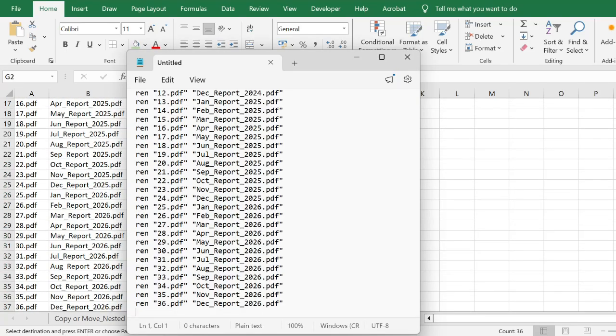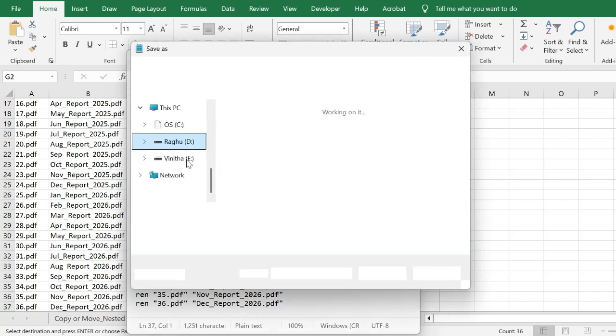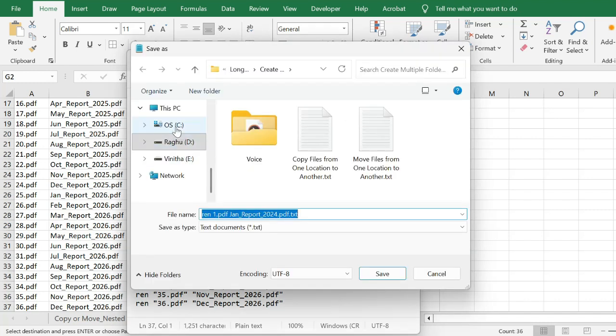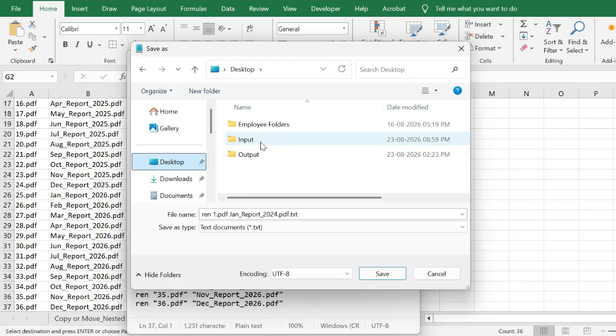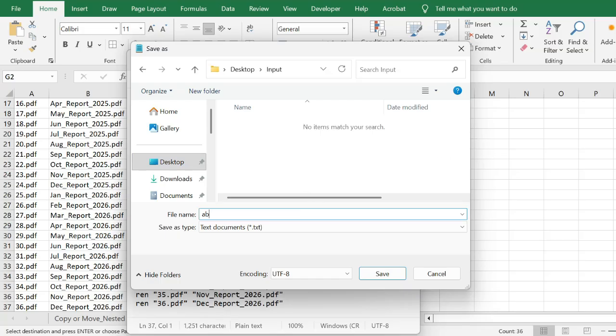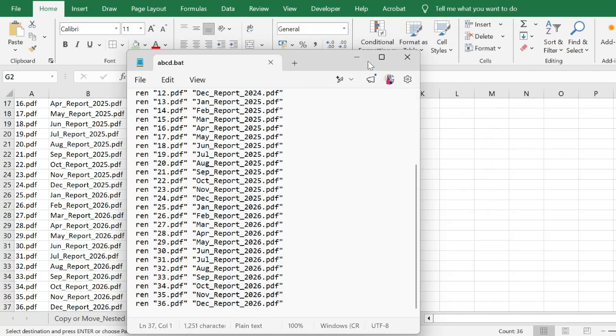Now, copy the complete combined data from Excel and open Notepad. Paste all the commands into Notepad, making sure all the rows are included. Then go to File, Save As, give the file a suitable name, and save it with the .bat extension. Most importantly, save this batch file in the same location as your source files, because the commands will be executed